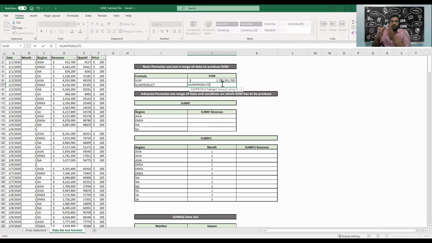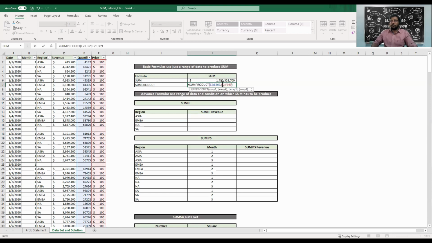So you want to multiply quantity into price so that you get revenue. Our first array is quantity, that is E2 to E369, comma, then we have to give the second array, that is price. That is F2 to F369.